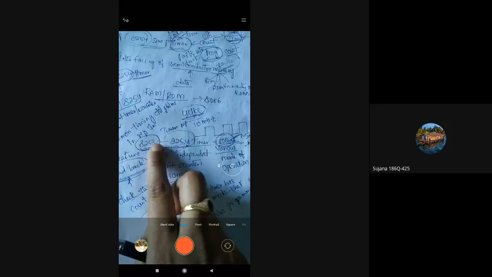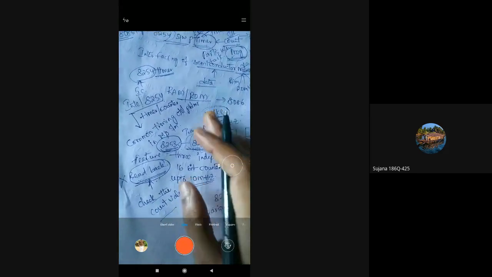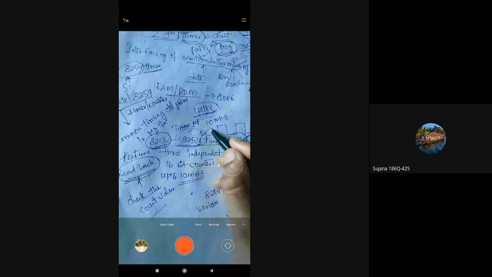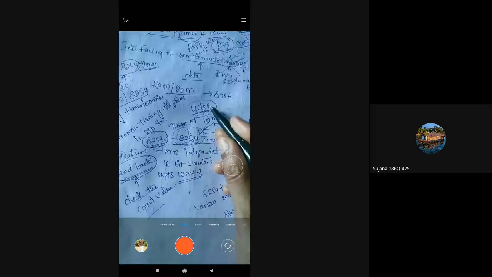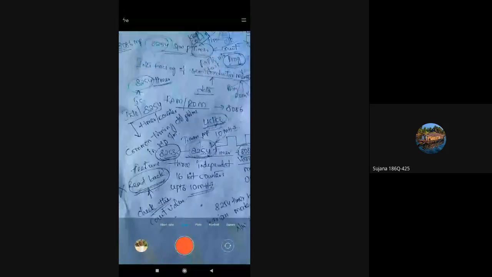Between the 8253 and 8254, the only added feature of the 8254 is readback. Readback is nothing but checking the count value. Whatever count is given to the user, the user can again read back the count by using the readback command, and verify whether it has given the right count or not. That is the added feature of the 8254. That means we have discussed the features of the 8254 timer.